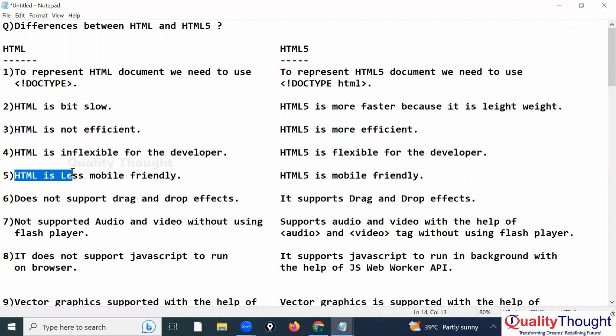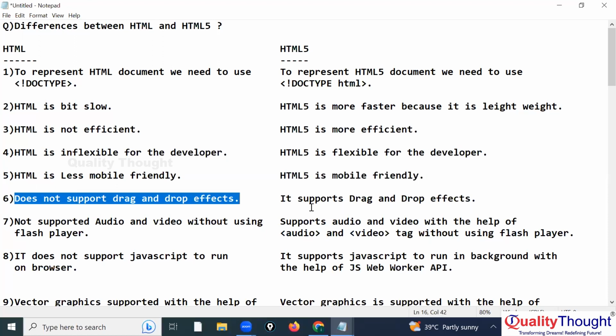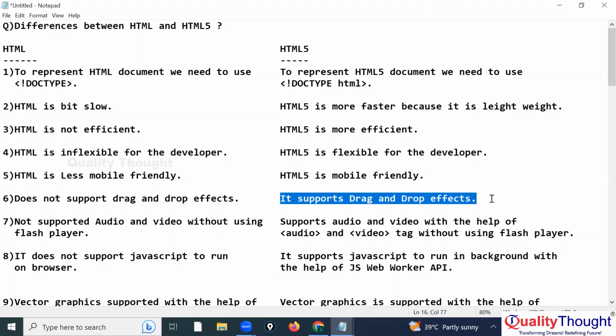Next is, HTML is less mobile friendly. HTML is less mobile friendly means if you develop any web page by using HTML, might be that HTML will not support that mobile device. But whenever we create any web page by using HTML5, that web page we can open in laptop also, we can open in mobile also. It's mobile friendly. Next is, HTML does not support drag and drop effects,